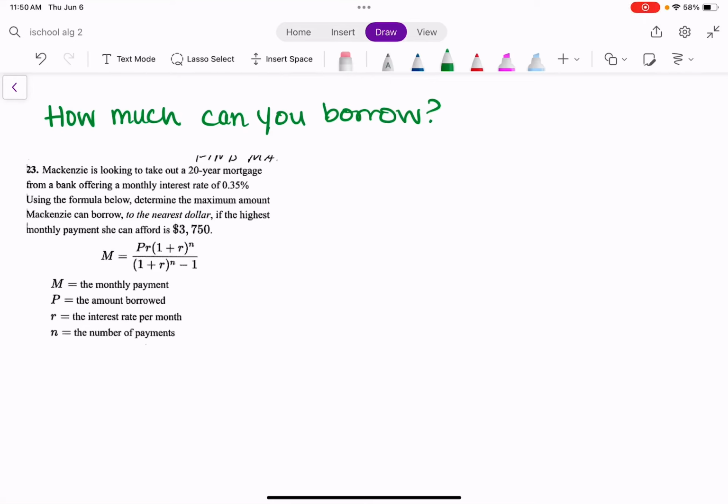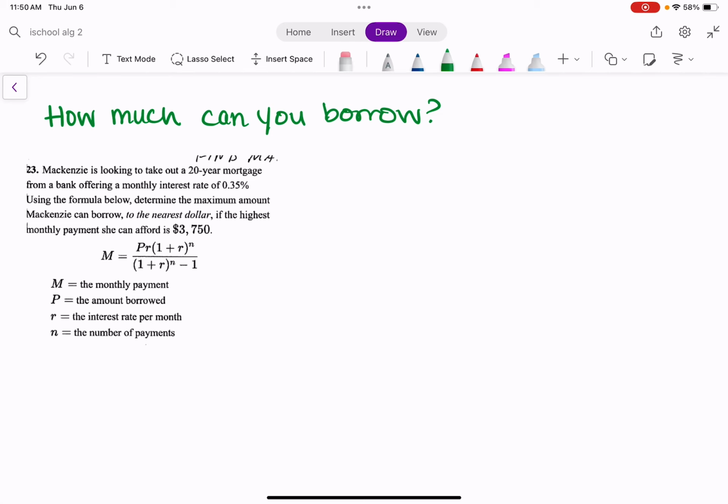So in this topic, we're going to be calculating how much money you can borrow, right? Based on your income, how much money you make and how much you can pay each month, that's going to determine how much money you can borrow. For example, if you can only afford to pay like $500 a month, you're not going to be able to get a huge mortgage, right? You're not going to be able to borrow a lot of money, versus if you can pay like thousands of dollars per month, you're going to be able to get a larger